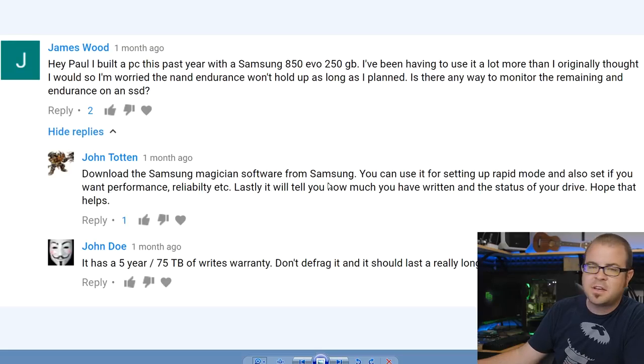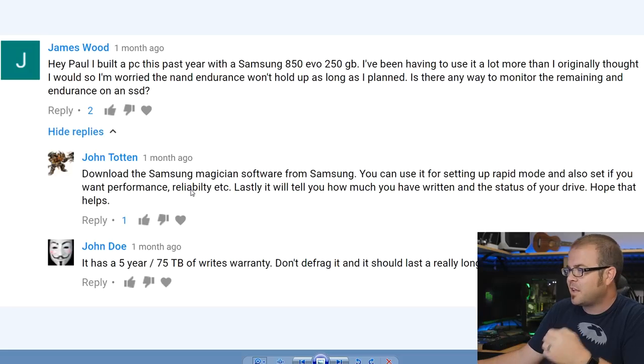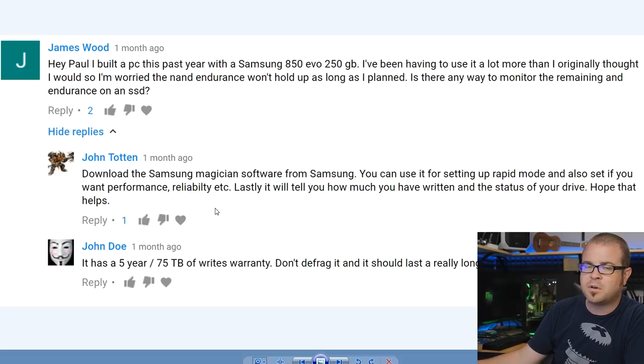Download the Samsung Magician software. Definitely you want to get that to go along with the 850 EVO. You can set it up to use rapid mode, which does some caching on your memory, which makes the drive even faster, and it will give you performance and reliability statistics. It also shows you how much you've written to the drive overall, and you'll probably find that you're way under